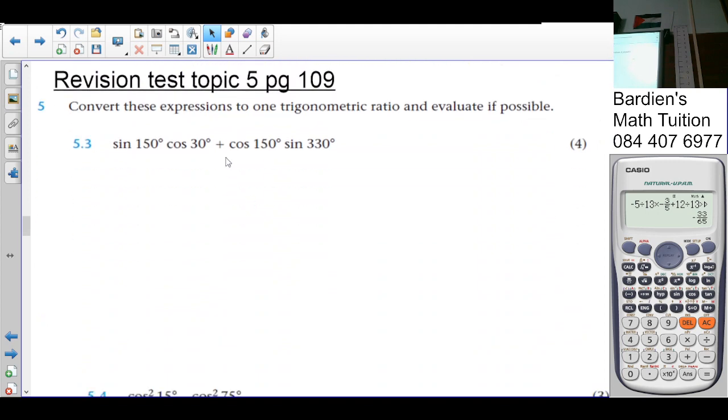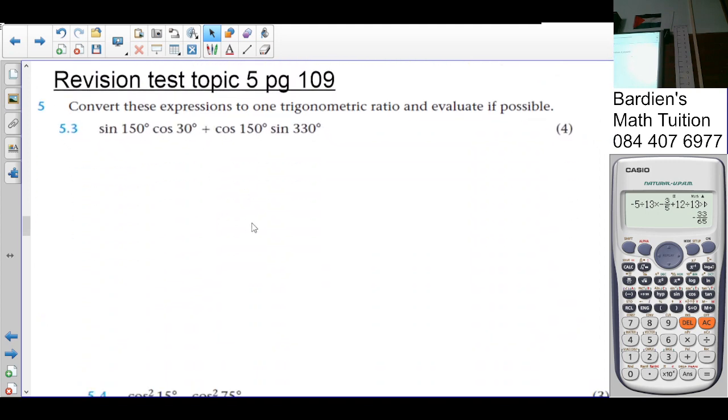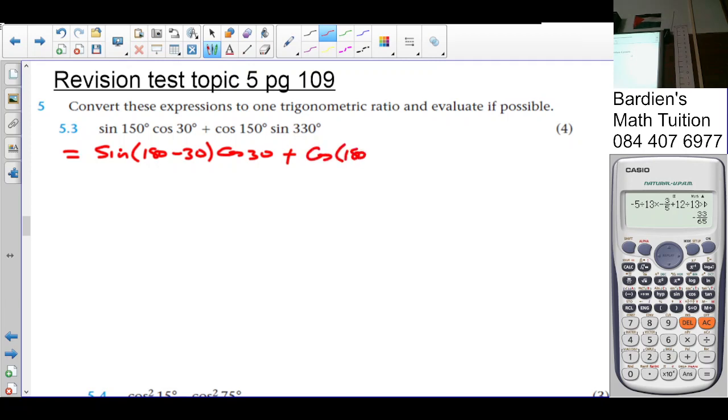Let's look at number 5. In number 5, it says convert these expressions to one trigonometric ratio and evaluate if possible. So what we do always is to change our angles all to acute angles. So sine 150 can be written as sine of 180 minus 30, cos of 30 plus, that's going to be cos of 180 minus 30 times sine of